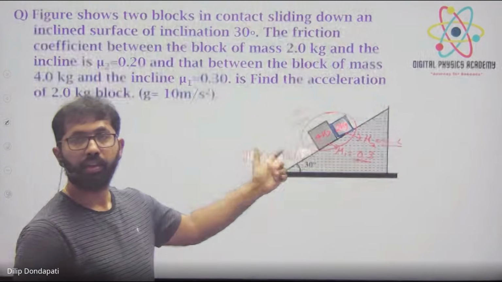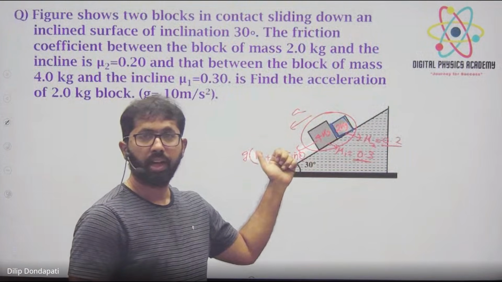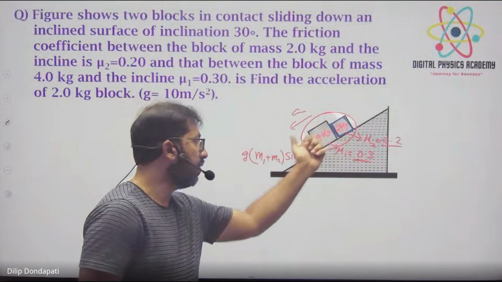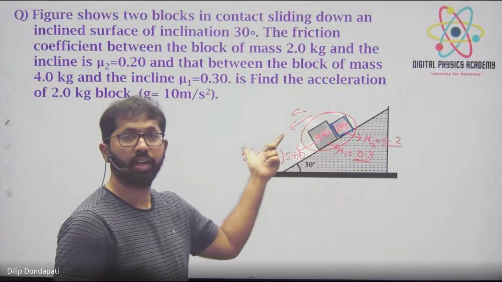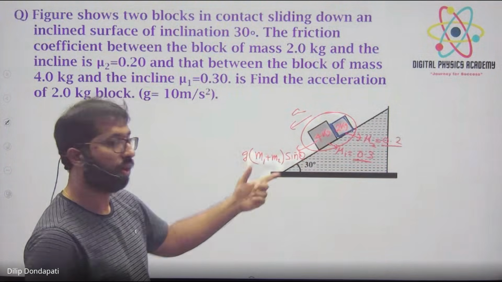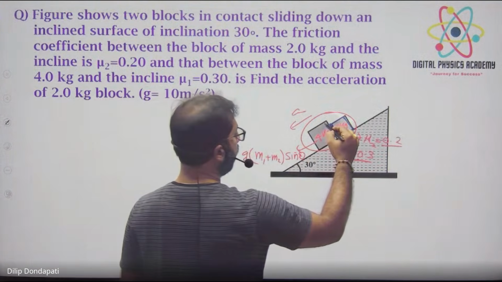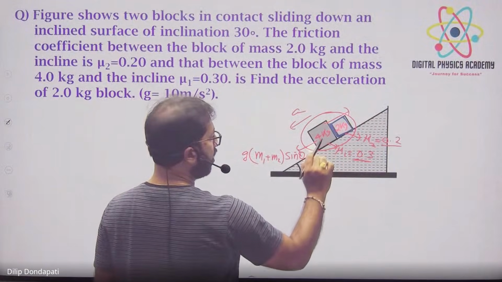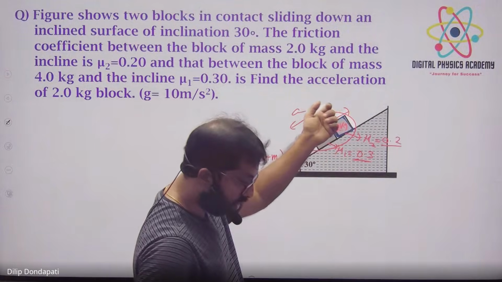समझ में आ रहा है? What is the formula? mg sin theta, right? I am taking m1g sin theta, m2g sin theta, दोनों ऐड कर रहे हैं, (m1 plus m2) into g sin theta. Okay, backside force क्या होगा? इसका mu1 ले लो, mu2 ले लो, बाद में सब करेंगे. इसका बैक साइड कितना होगा,